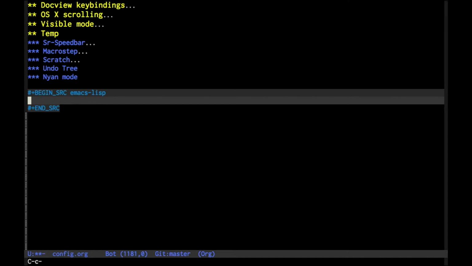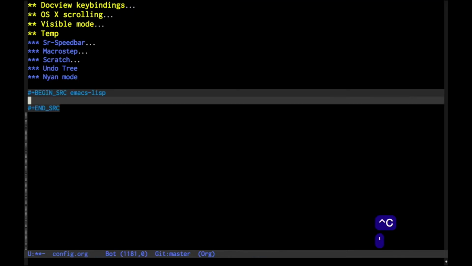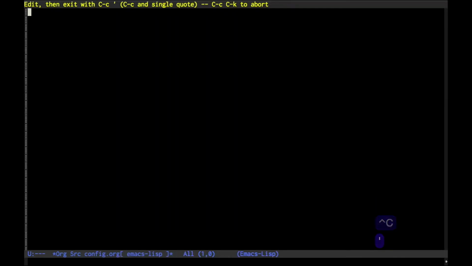Right. So I'm going to do Control-C single quote, and now I'm going to go into the mode-specific buffer where I can edit it using the normal mode, like syntax highlighting, even indentation, all that stuff. Yeah, we can see it says Emacs Lisp on the mode line down there. That's pretty cool. And if I exit it, it'll say org mode, but here I want to be in Emacs Lisp mode, right? Yeah. So in this case, I'm going to write use-package,